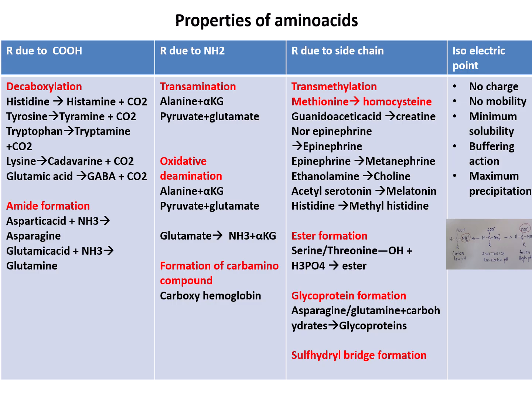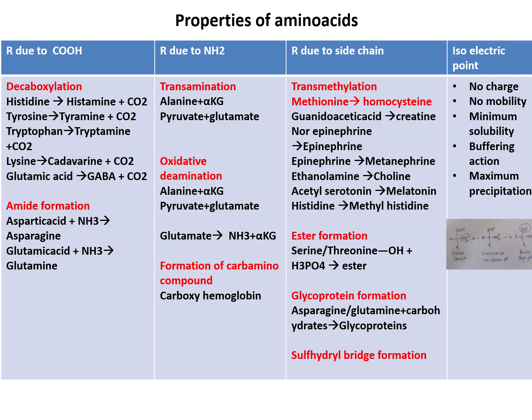Reaction due to carboxyl group or decarboxylation. Examples include histamine, tyramine, tryptamine, cadaverine and GABA. Amide formation, asparagine and glutamine. Reaction due to amino group: transamination, where amino acid gets converted to keto acid and keto acid gets converted to new amino acid. Then oxidative deamination, where the transamination is coupled with deamination of glutamate, releasing the ammonia which is